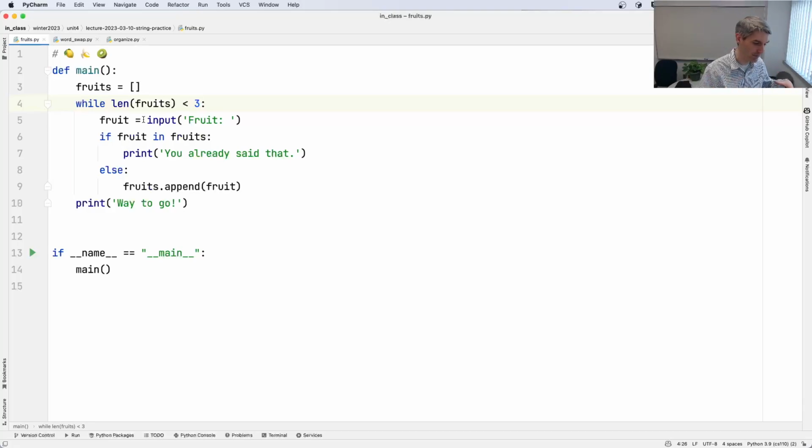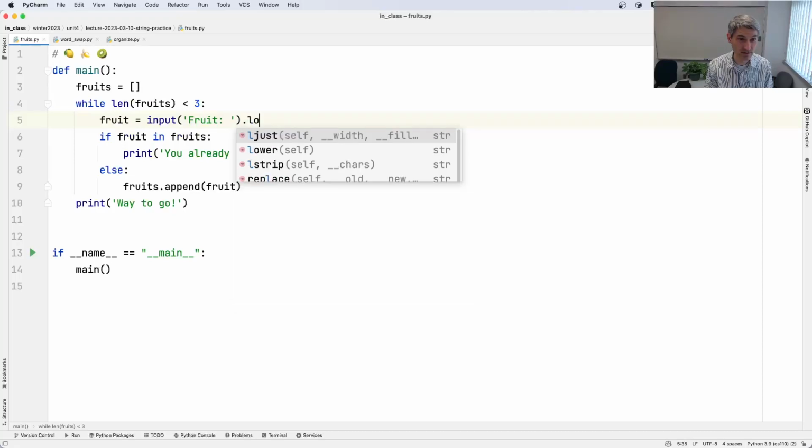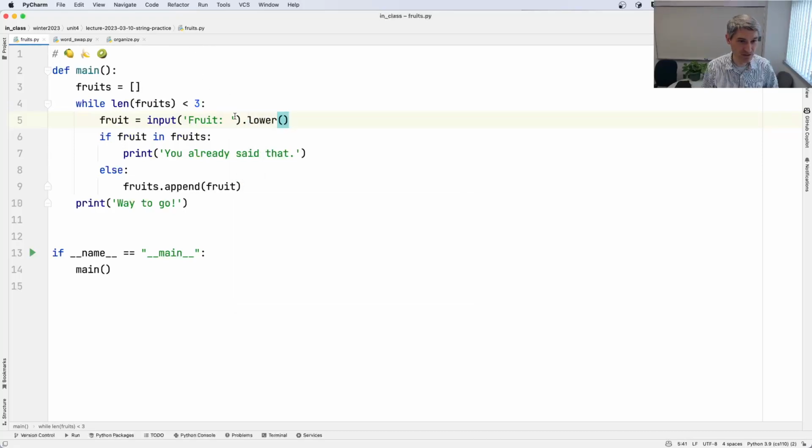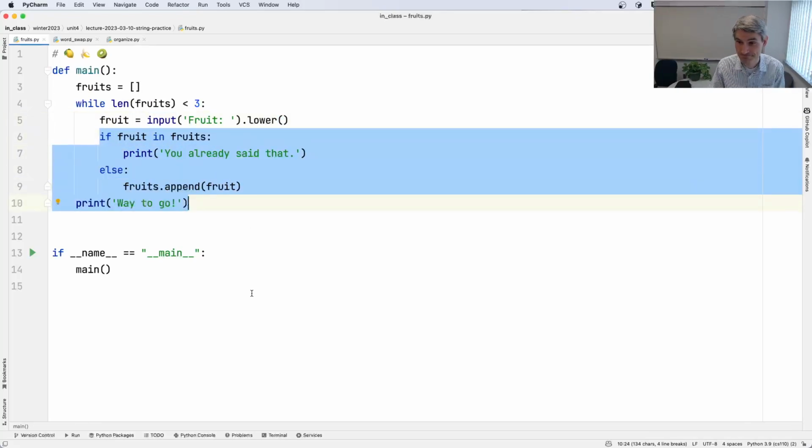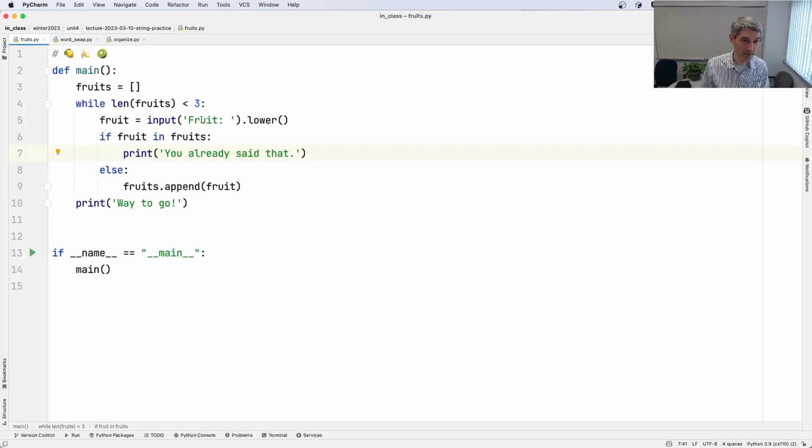So we make everything uppercase or everything lowercase, usually lowercase. So I can say, you give me a fruit, and then I will just make it lowercase as it comes in. So now the input, whatever you gave me, I turned it into lowercase, and now I'll check those. And now it doesn't matter which one you say, it'll always print it that way.